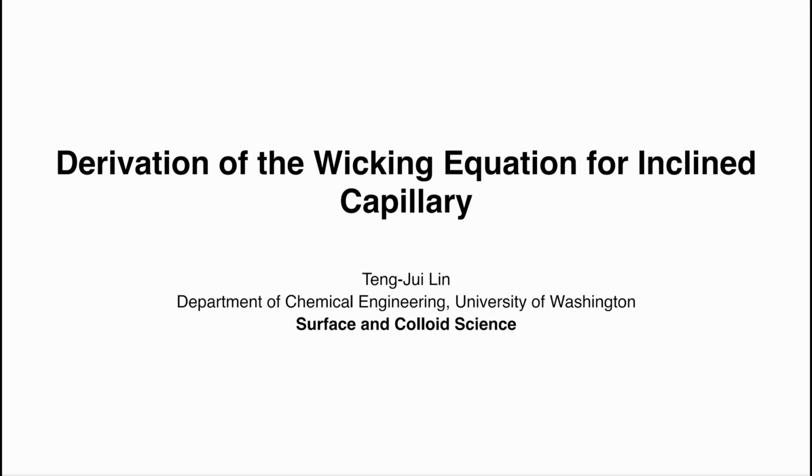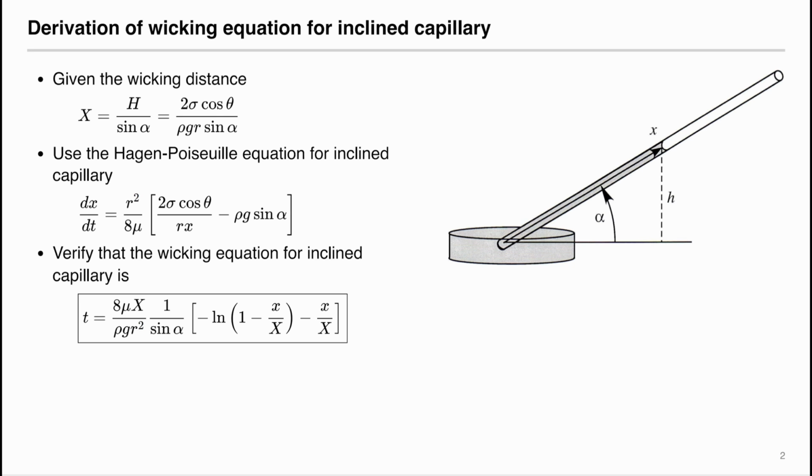Welcome back. In this video, I will derive the Wicking equation for the inclined capillary. The goal of the derivation is to use the Wicking distance that we have previously derived when we're talking about wicking in an inclined capillary, and then use the Hagen-Poiseuille equation for the inclined capillary by plugging in the delta P, which is equal to delta P capillary minus the gravitational effect, using the setup on the right where alpha